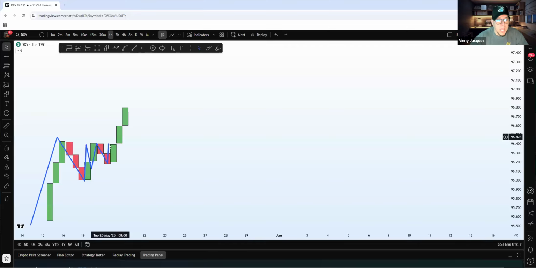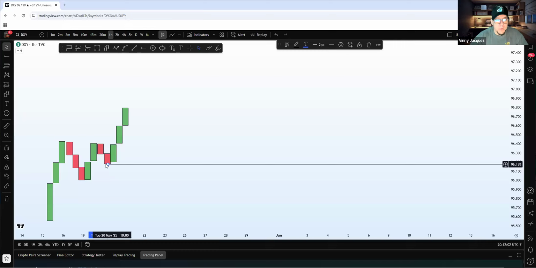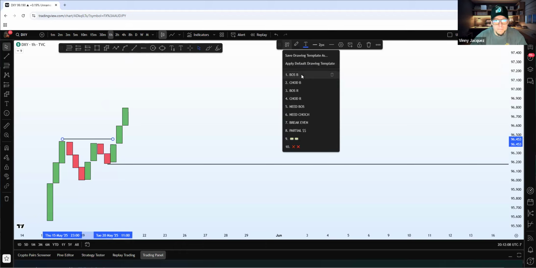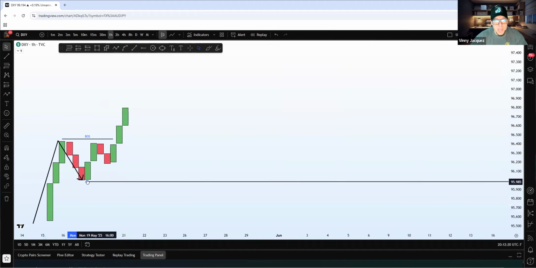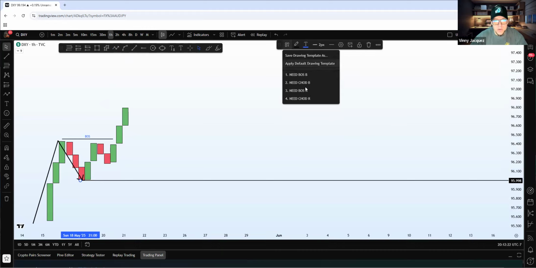Again, I know I made this mistake my first time. So this is where we fix it, guys. It's okay to be wrong. A lot of people will think this is my change of direction line, right? But for me, if this right here is my higher high and this is my dominant low, I want to make sure I know exactly where my dominant low is. That way I can use that as my change of direction.